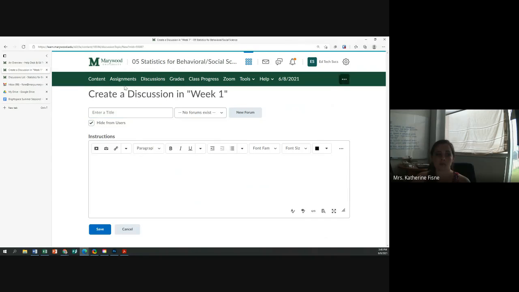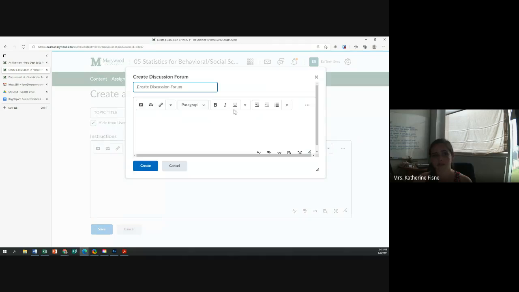So if you're making from content for the first time, this enter a title is a topic title. So whatever the topic is, the forum or the discussion that you want students to respond to. Over to the right here, you'll see this is where it wants a forum, and it currently says no forums exist. So there is the option right here to add a new forum. And remember, this is like the category or grouping